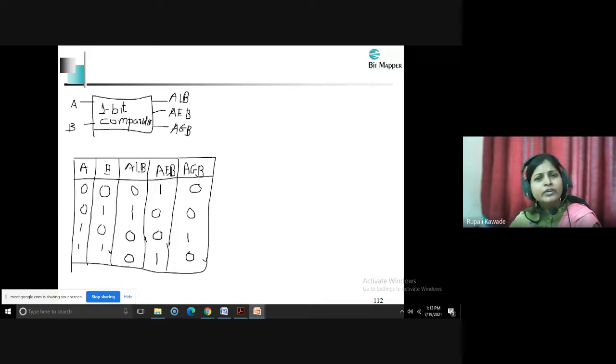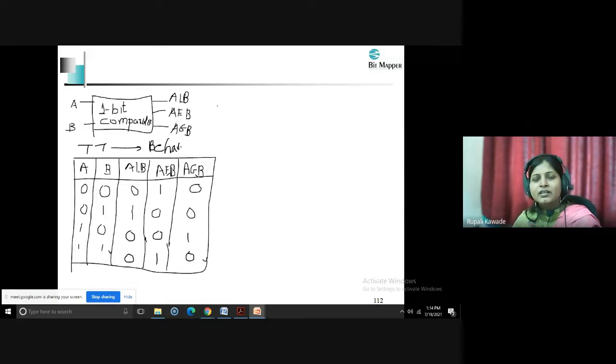So if you have a truth table, you can write the behavioral modeling style code and complete the architecture. If you have a Boolean expression, then you can simply write data flow code for this 1-bit comparator, and you can write its VHDL code. And for the third one, you need a logic diagram. For a truth table, this is your truth table, then you can write a behavioral code. Behavioral code means using an if else statement or case statement, you can write the functionality.